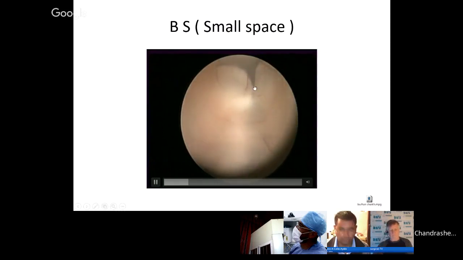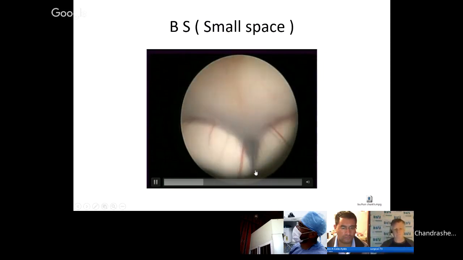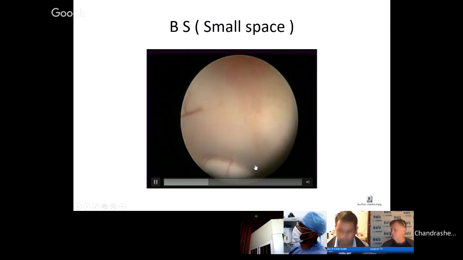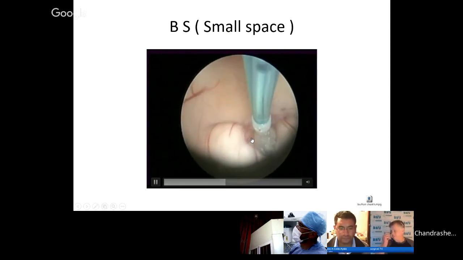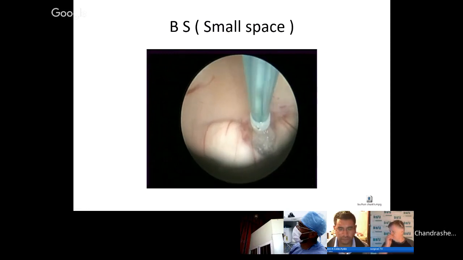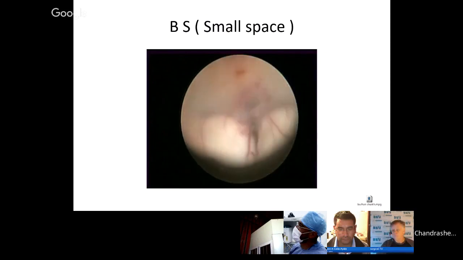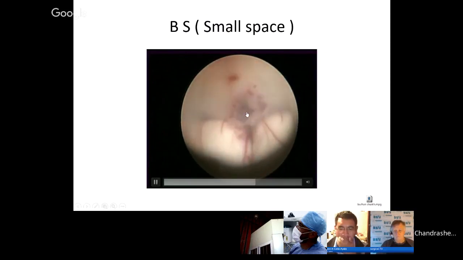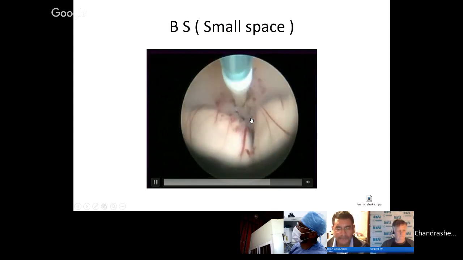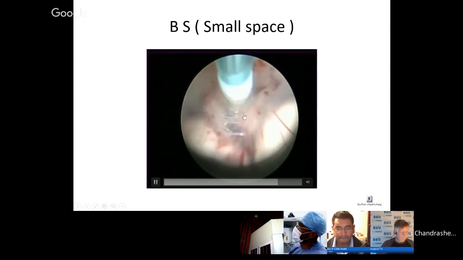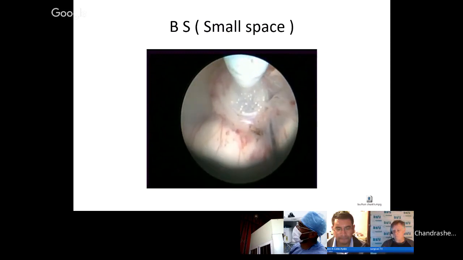So I'm entering the foramen of Monro here. You can see that the space is very, very small. We are trying to see if we can do aqueductoplasty, but the aqueduct is completely blocked. Here, we are trying to make the opening a little behind, which is usually not a good idea unless you can make sure that the basilar artery is not coming in your way, and then you can keep on enlarging the space as it has been enlarged later. So right from the clivus to the mammillary bodies, the whole area could be opened, and this can happen in some patients. This is the second membrane, as you can see, and eventually that has also been ruptured by just expanding the balloon.